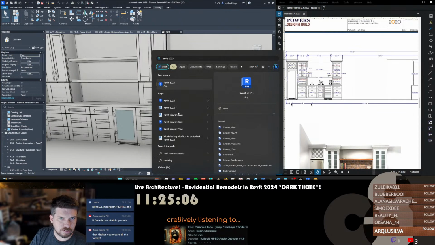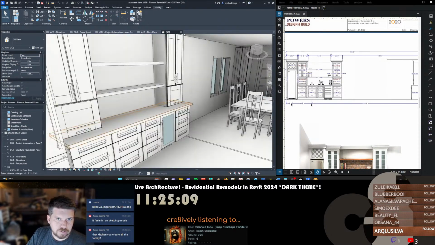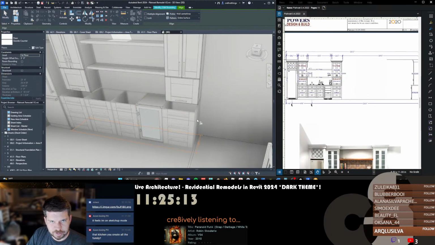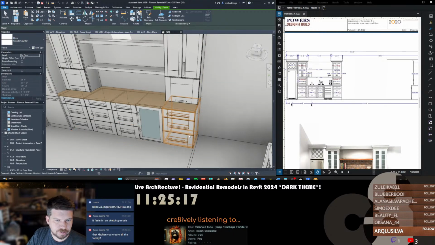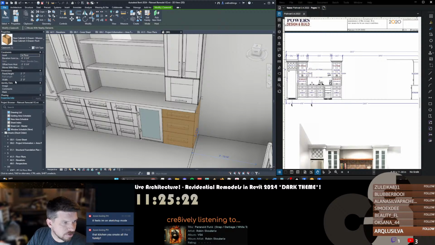Speaking of which, I want to look at something real quick in 2023. It's just as easy for me to use families that I've already got. So in this case, I've developed over the last few years specifically a family that's modular, and it's instance based in terms of all the width and